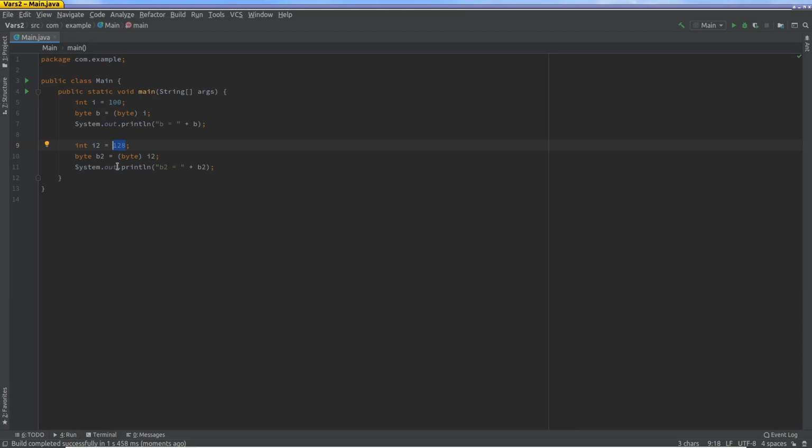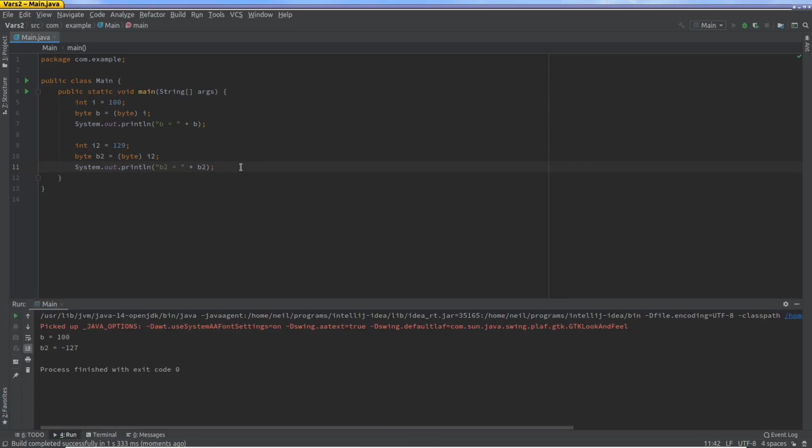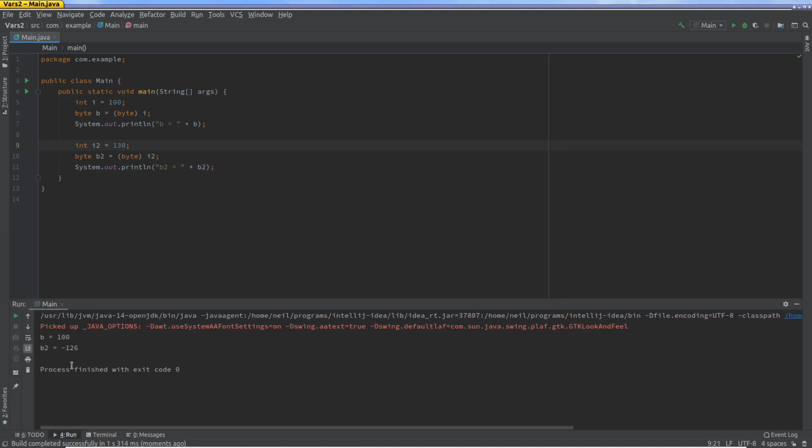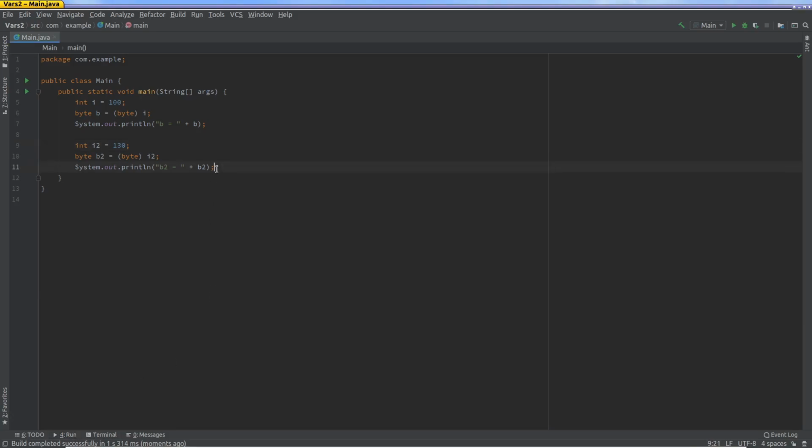So actually, let's play this out a little bit and try this with 129. Again, let's run this. Now it's showing you a value of -127. Let's do it for a third time, because this is the same thing that will happen for int to short, or long to int, all these types of conversions. So I'm going to say 130 and print this out, and now you should see -126, which is what you see here. So what exactly is happening and why is it happening?